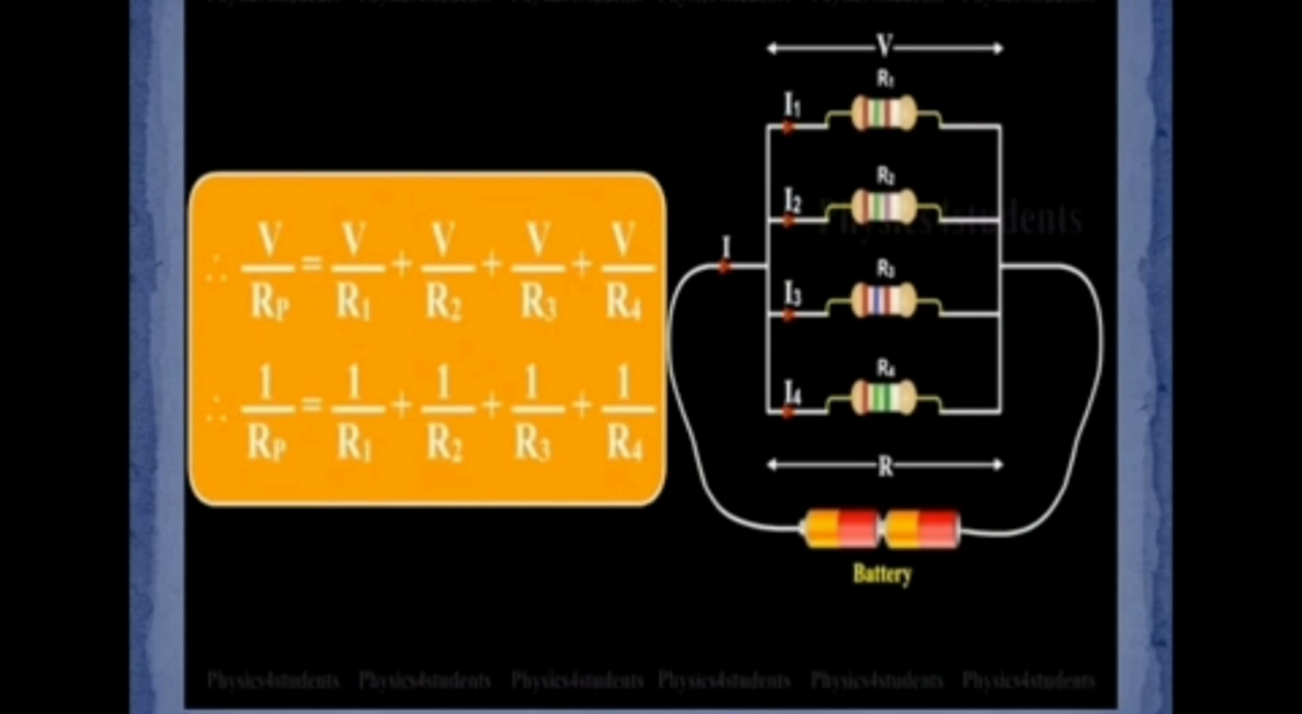So V by Rp equal to V by R1 plus V by R2 plus V by R3 plus V by R4. So V is common for both the equations, so cancel that each other. So the resultant value is 1 by Rp equal to 1 by R1 plus 1 by R2 plus 1 by R3 plus